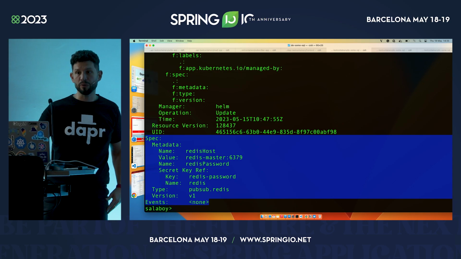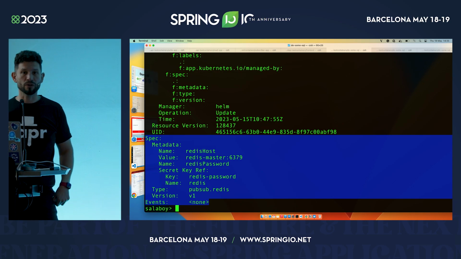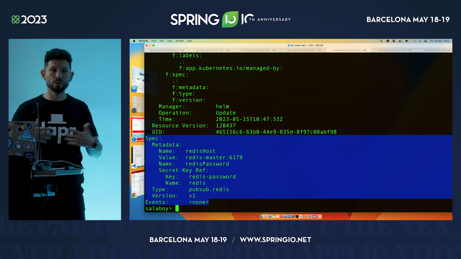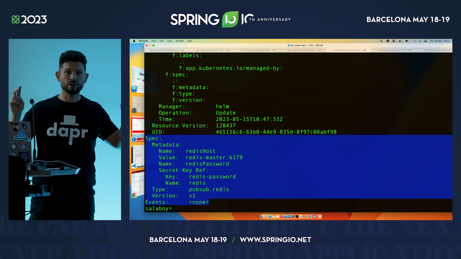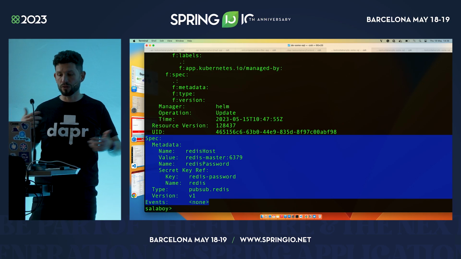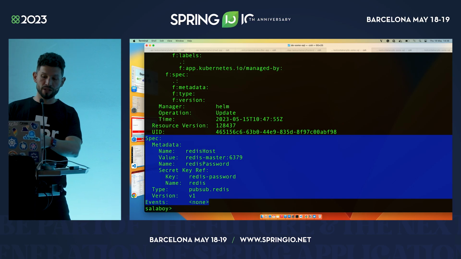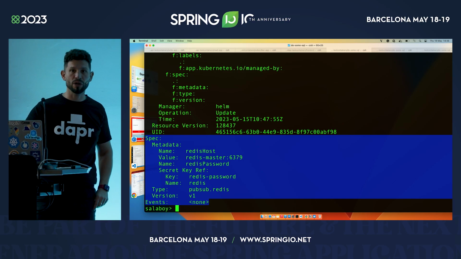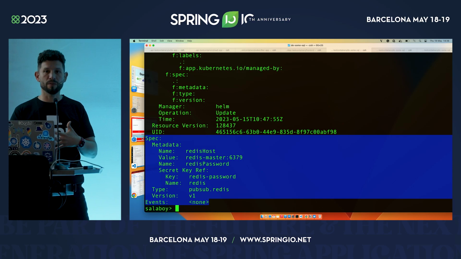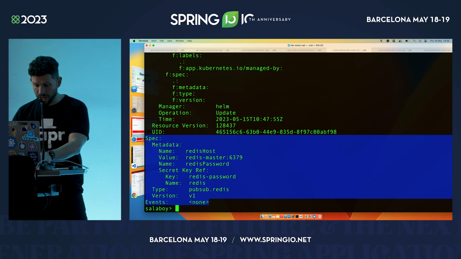I can go now and replace this configuration for RabbitMQ or Kafka, and my application code will not change. My application code will say something like, I want to emit an event, or I want to consume an event. It will not need to change anything on the application code if I change this to RabbitMQ or Kafka. I think that this is the main advantage of using these kinds of abstractions.